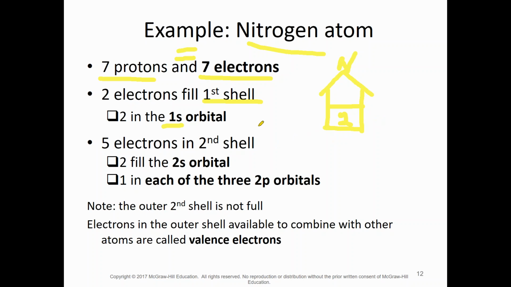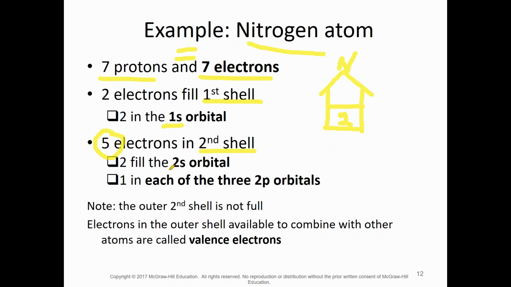Now, we've only accounted for 2 electrons so far, but how many total electrons were there? That's right, there are 7 total. So how many do we have left? There we go, we have 5. So we have 5 more electrons, and they are going to go in the second shell, the second floor. So let's climb the stairs now, and we get to the second floor, and there are 4